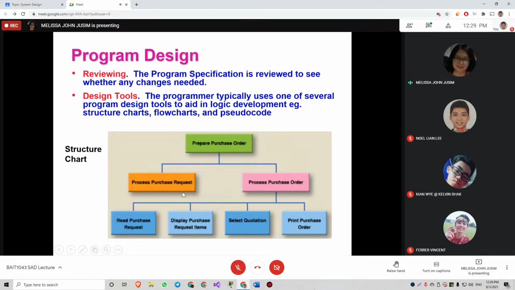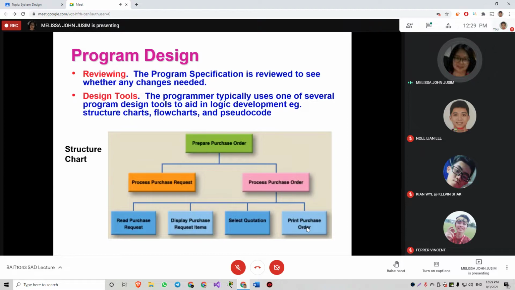The first one is to process the purchase request, and another one is to process purchase order. If this can be further separated into submodules, then you can see that read purchase request is already at the primitive level. Display purchase request item, select quotation, print purchase order. These are at the primitive level already.